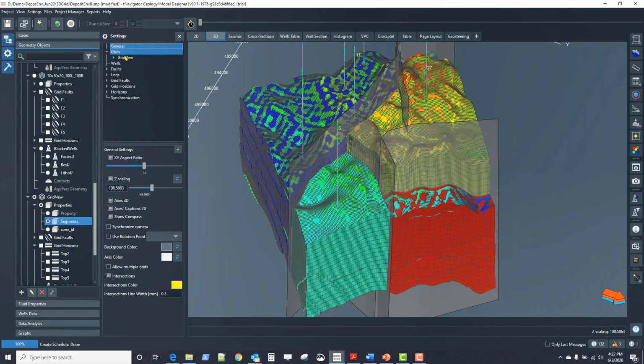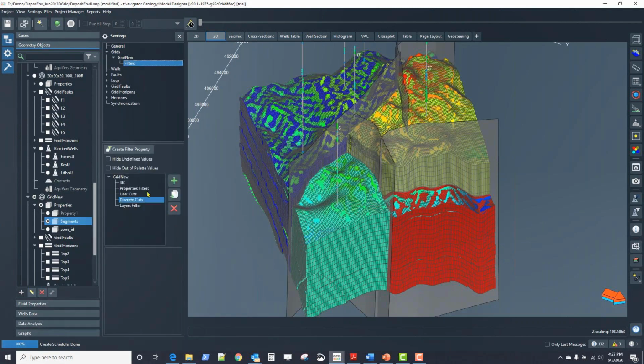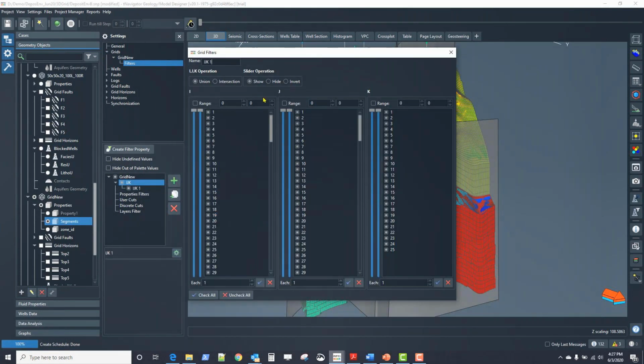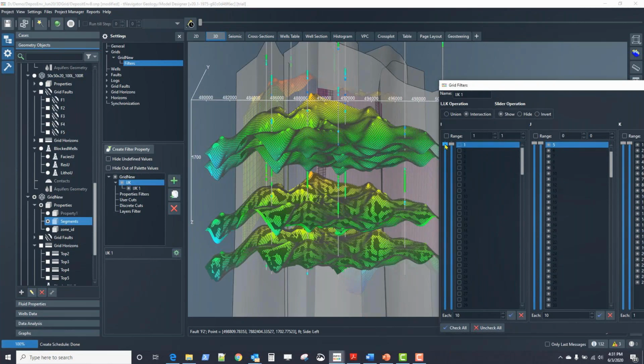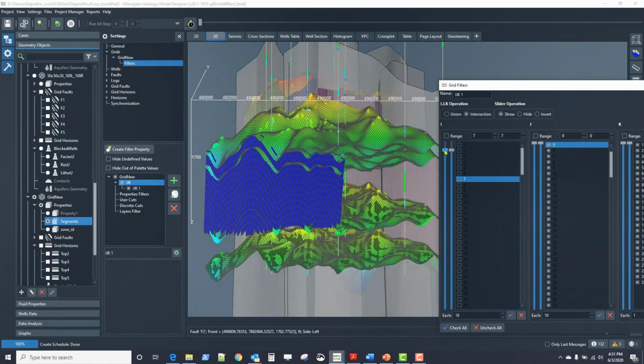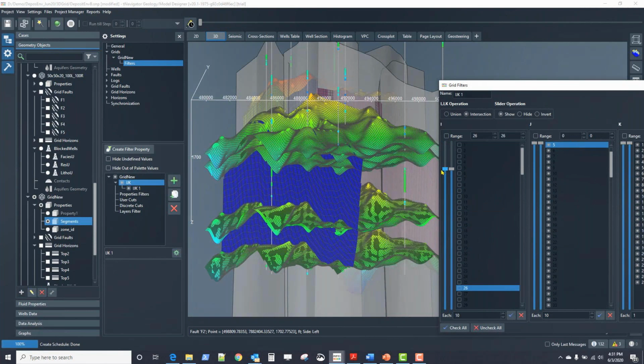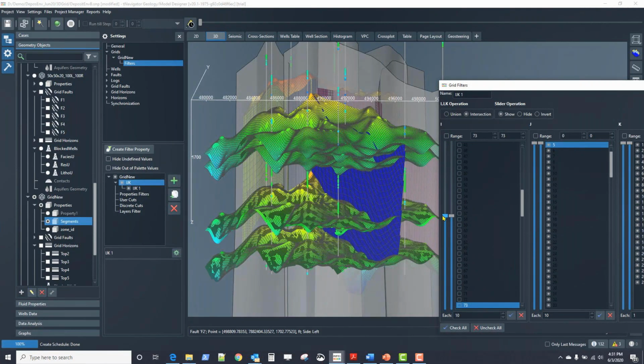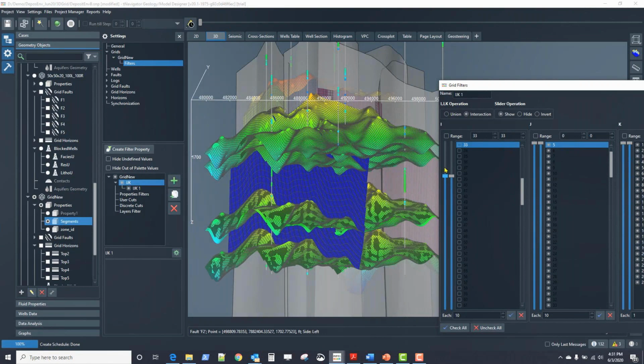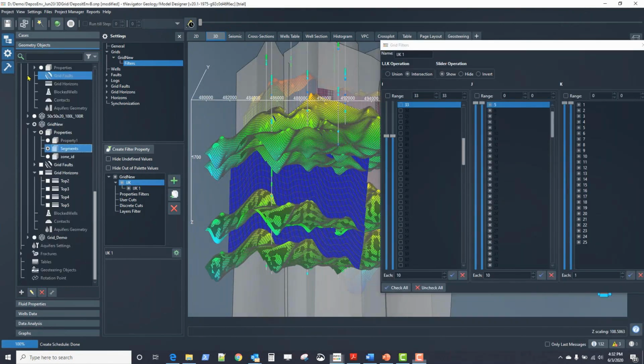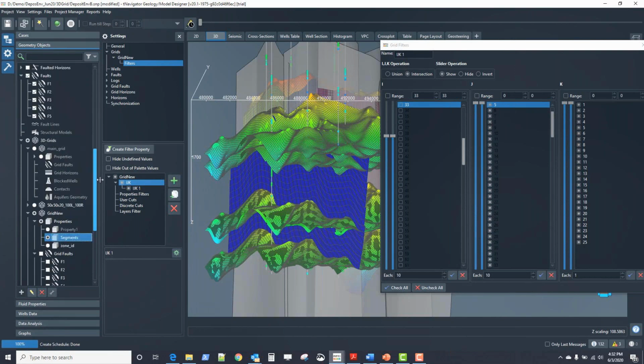The modeling that you see on the screen is because it's a visual effect of having both a horizon and a grid on at the same time. So I can go through and do some quality assurance on my grid. One way to do it is a visual check. So here we're using a filter tool to filter through to make sure the grid is matching up with the surfaces. But there are also other